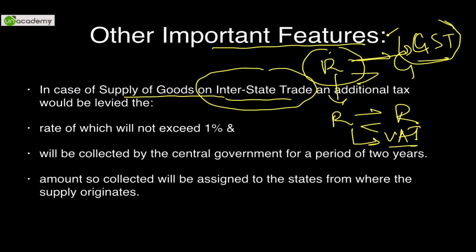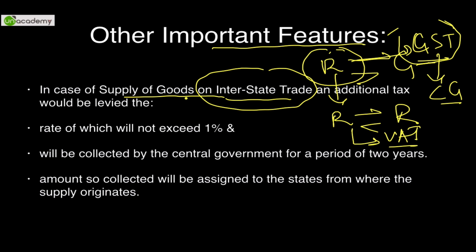This is a question that was asked in PT 2014: who gets the share of the Central Sales Tax. The Central Sales Tax rate is decided by the central government, but whichever state the goods originate from gets to take the revenue of those goods in terms of CST. So it will lose out on VAT if there is an interstate sale, but it will gain Central Sales Tax instead of VAT.